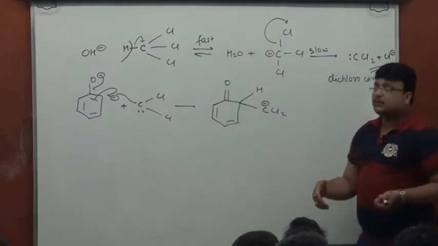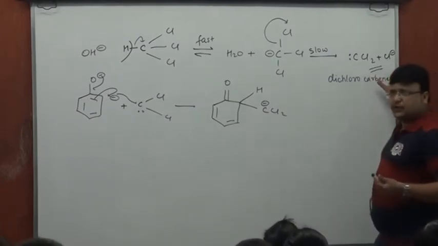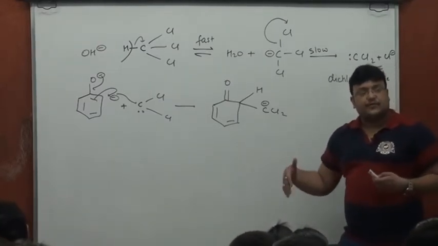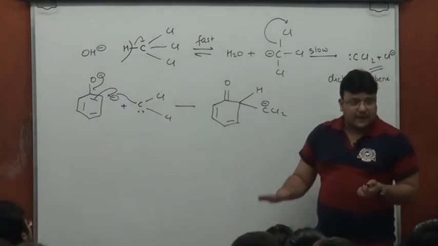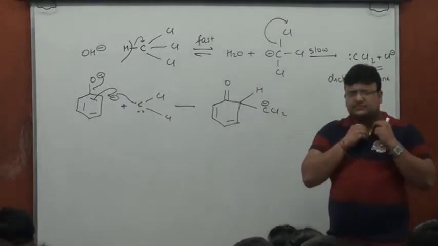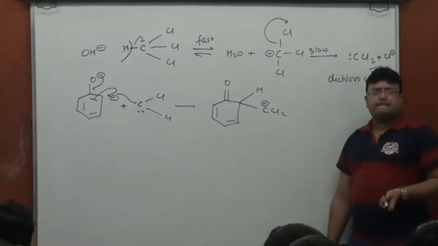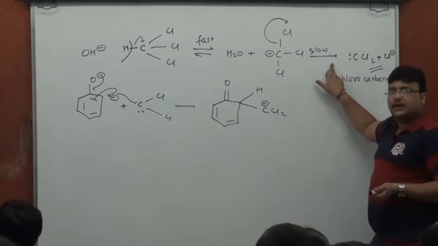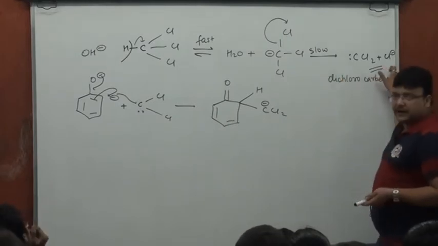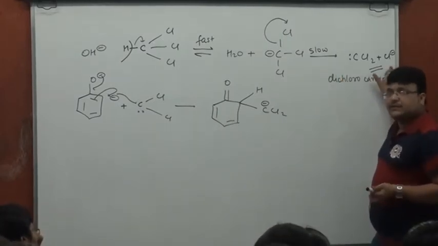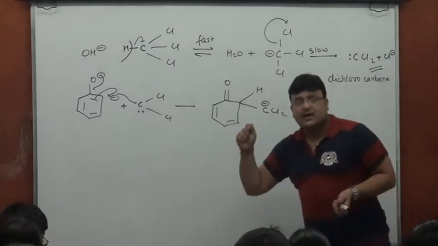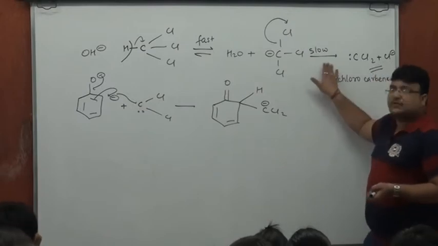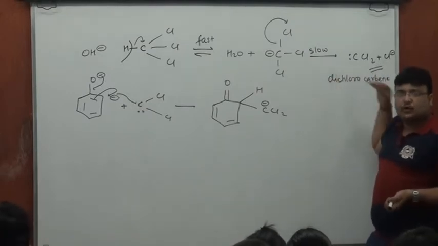We can prove that by increasing the concentration of Cl minus. You know, in the slowest step, whenever you increase the concentration of the product, the rate of the process is hampered. See, yes or no? So that's the easiest way to justify that it's the slowest step. A known fact in Reimer-Tiemann: if you increase Cl minus, the rate of the process is hampered. All right. So that proves that the formation of dichlorocarbene is the slowest step of the process.